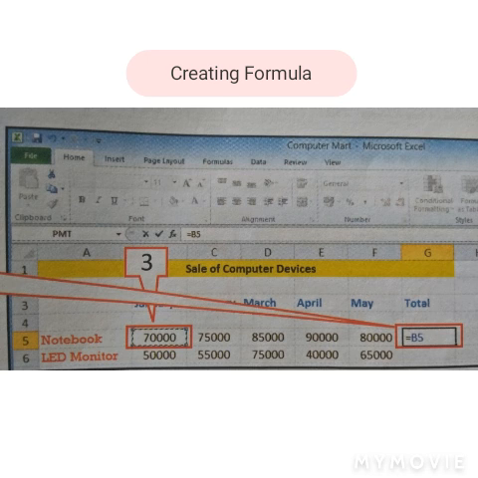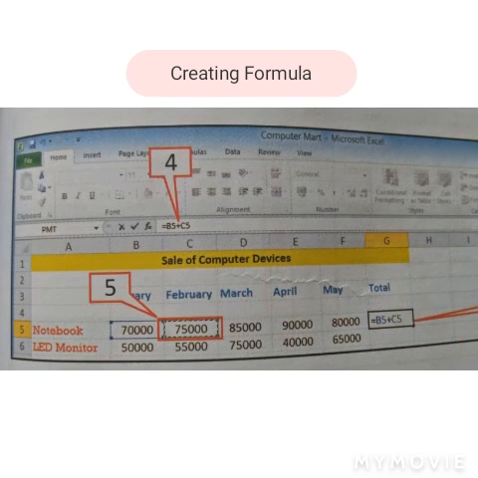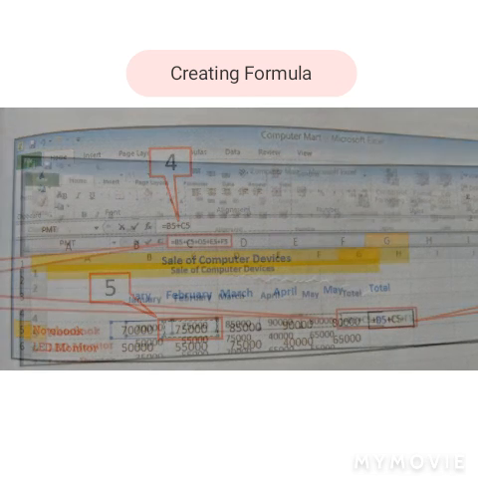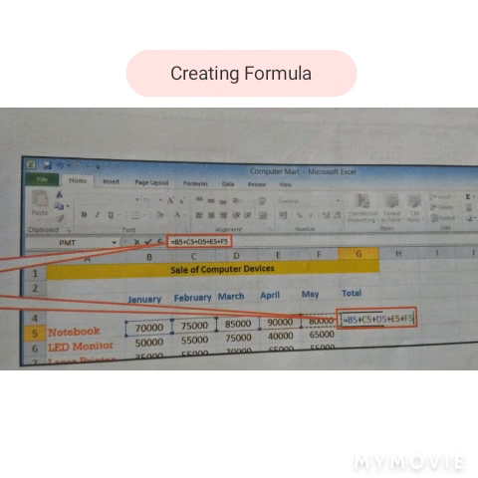Now repeat the same steps for the different cells, in this picture, for cell C5, D5, E5 and F5. As you can see over here, I can type the whole formula like this, and the color is changed for each cell reference.